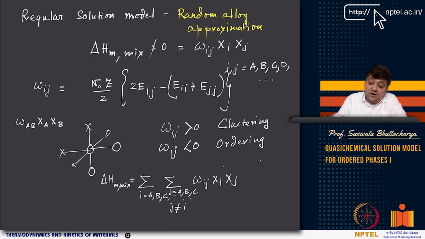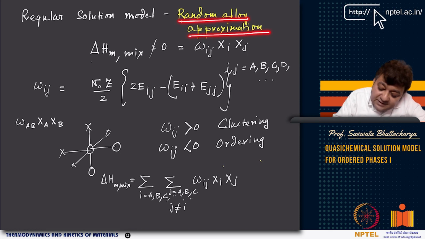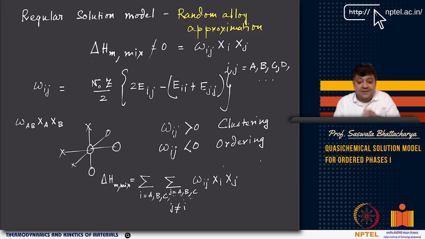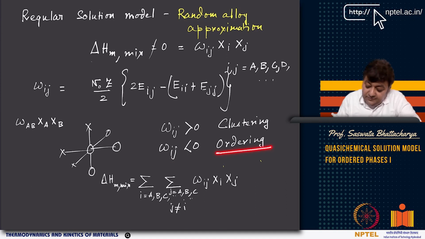So you will have some sort of ordering. But remember, although we are looking at clustering and ordering, we are still assuming this. This is something very important that you have to realize: there is still this random error approximation. So although you have clustering and ordering, when omega ij is negative, say here, then what you are seeing is you are more likely to see